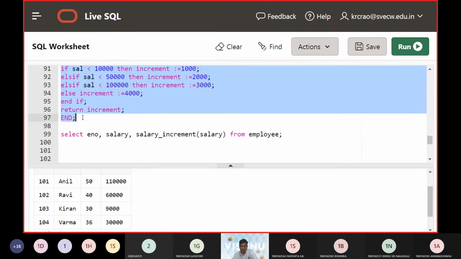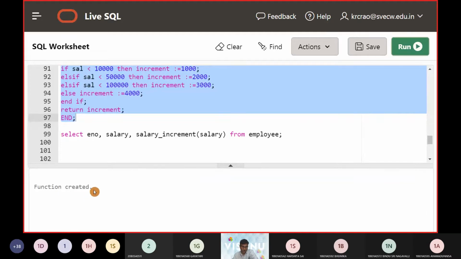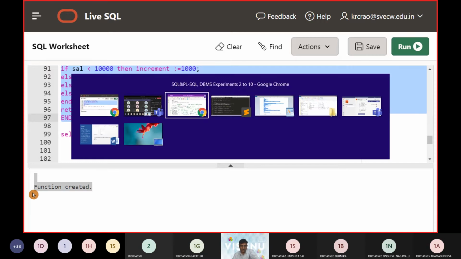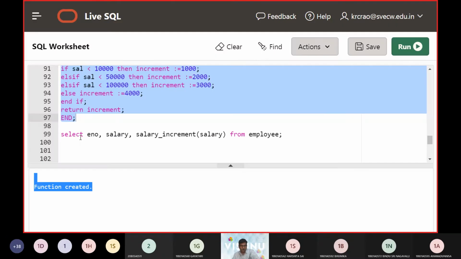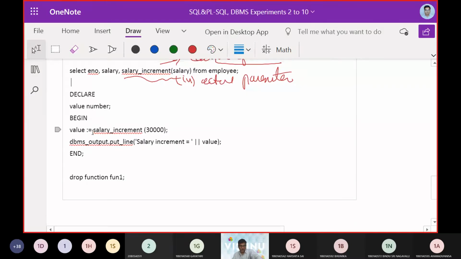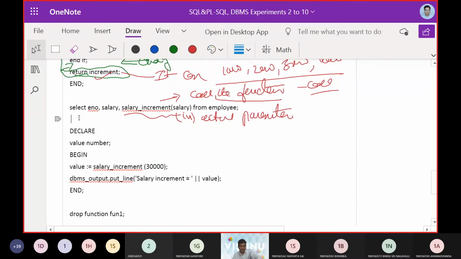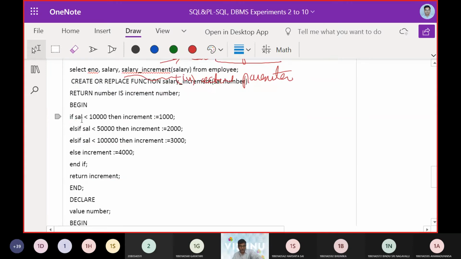So you can hit the run button to verify the function body creation. Yeah, you can see the function was created. This was the answer we are expecting at this point of time.